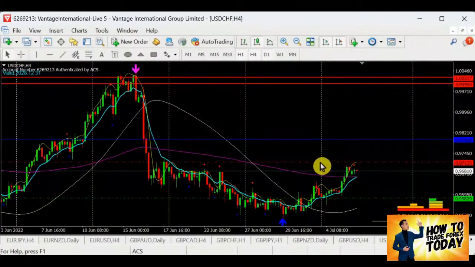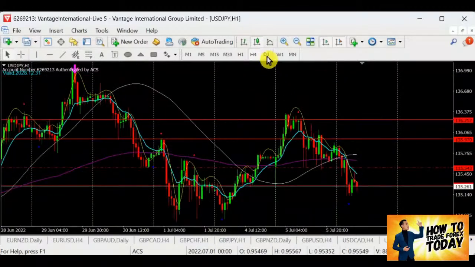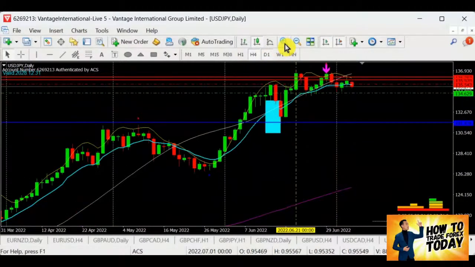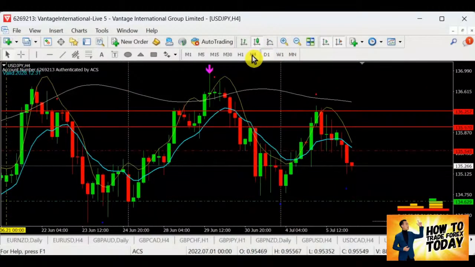Okay, if it's going to break the resistance, it's going to be a very huge buy. Okay, sorry. So your dollar franc, I'm not going to put this into my list. What about your dollar yen? Seems like dollar yen is coming down, right? So dollar yen to come down right now, I would say that selling is possible.